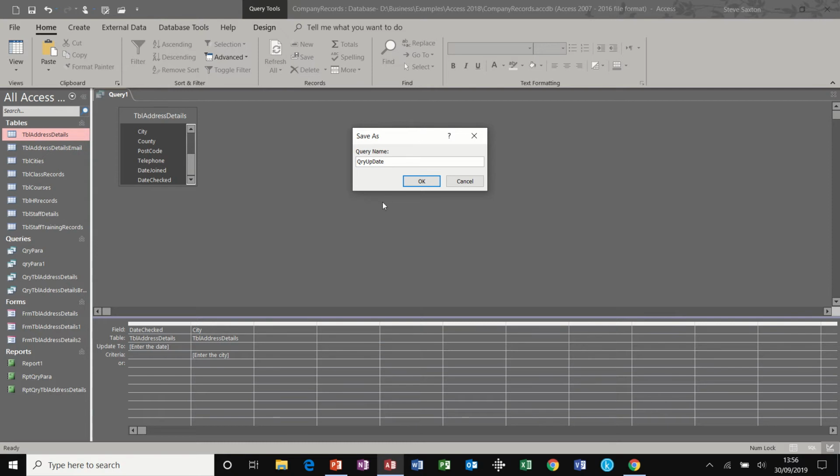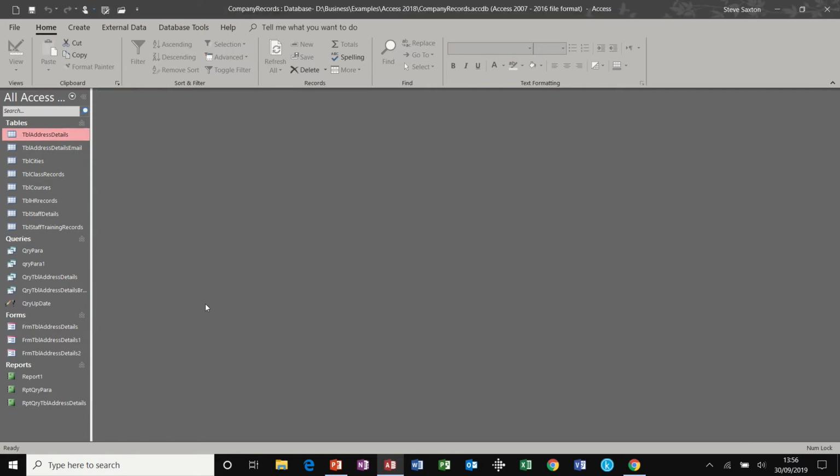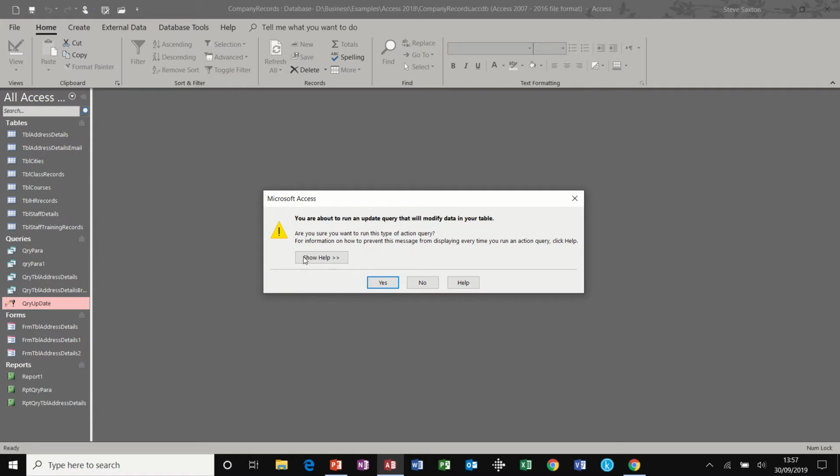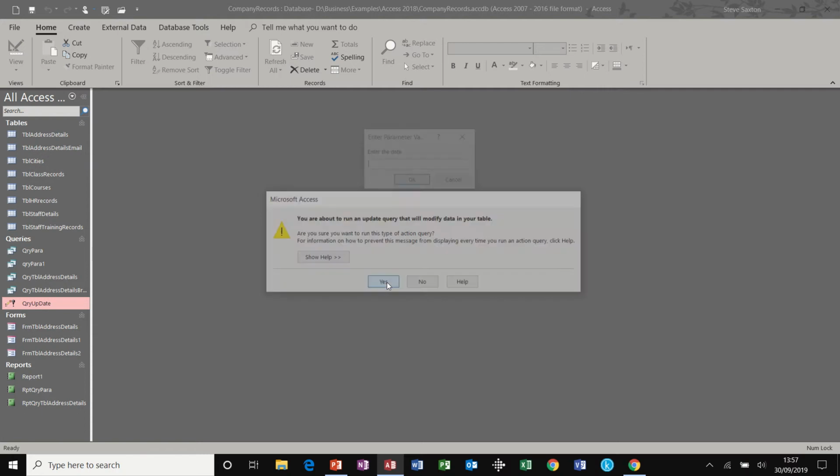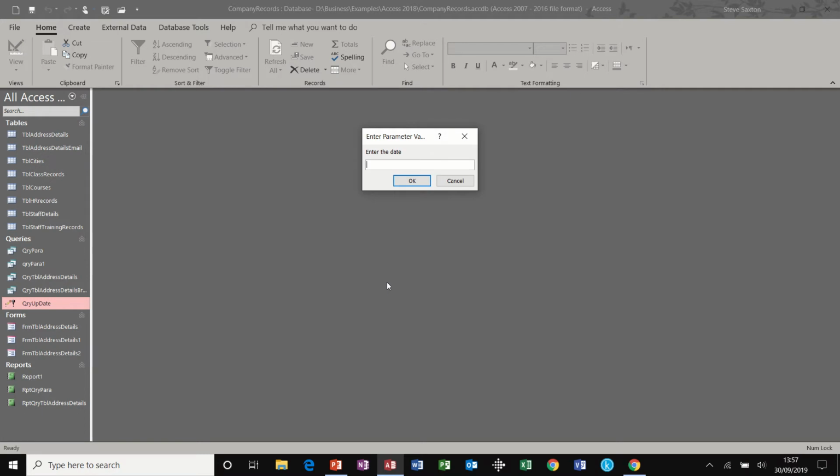If I save this query, say yes to that, QRY update, you'll see that the icon is slightly different to the select queries that we've used so far. And when I open it, it warns me that I'm running an update query. Yes, this time I will put the 25th of December